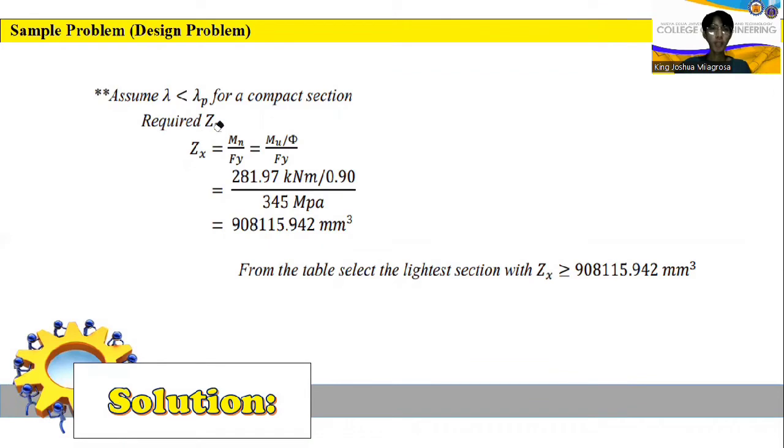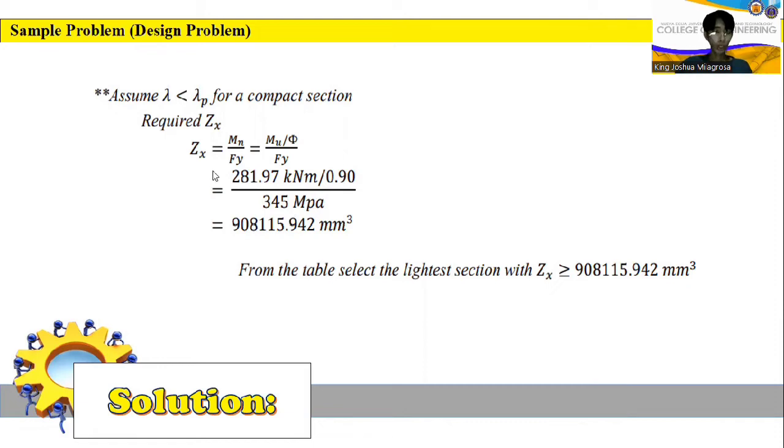So, since design problem tong sinasagutan natin, assume natin na yung lambda is greater than lambda p for a compact section. So dito, required na hanapin yung Zx para makahanap tayo kung anong type ba ng W section yung gagamitin natin. So for Zx is equal yan sa nominal moment all over Fy is equal to ultimate moment divided by the reduction factor all over the Fy. So by substituting again all the given values, makukuha natin na yung